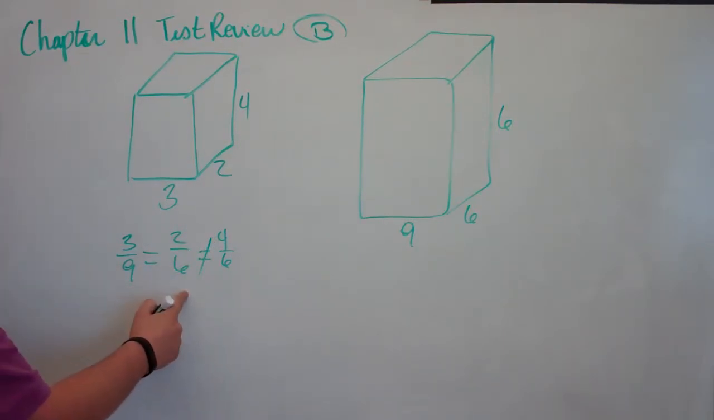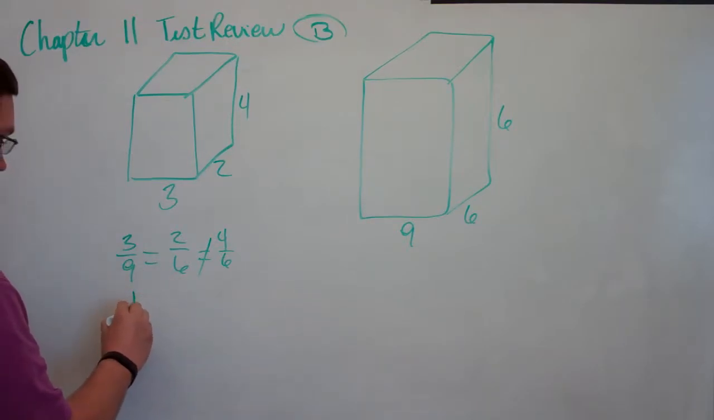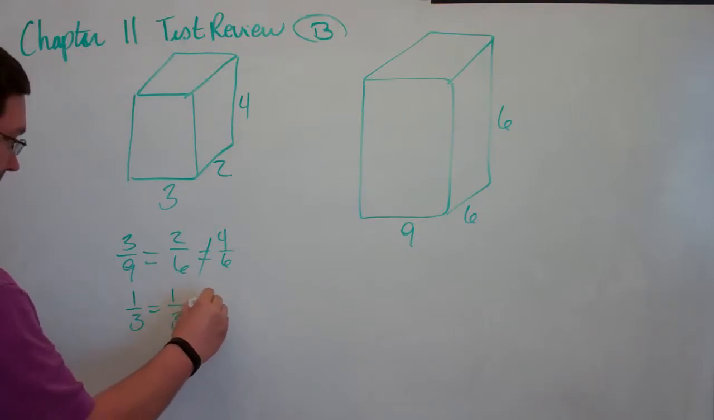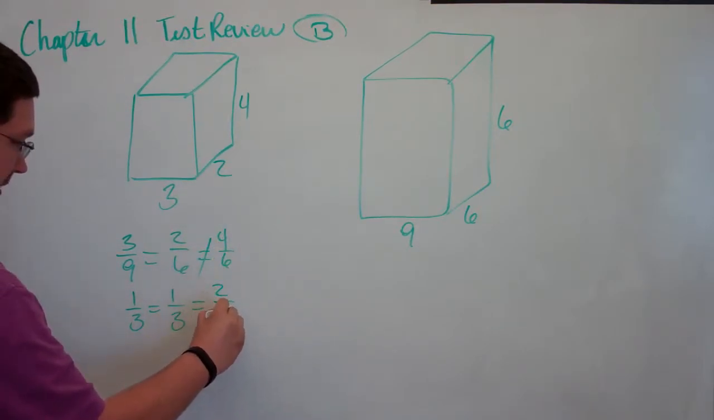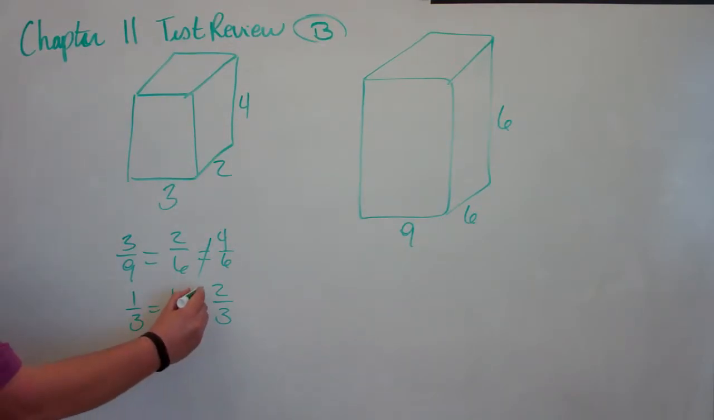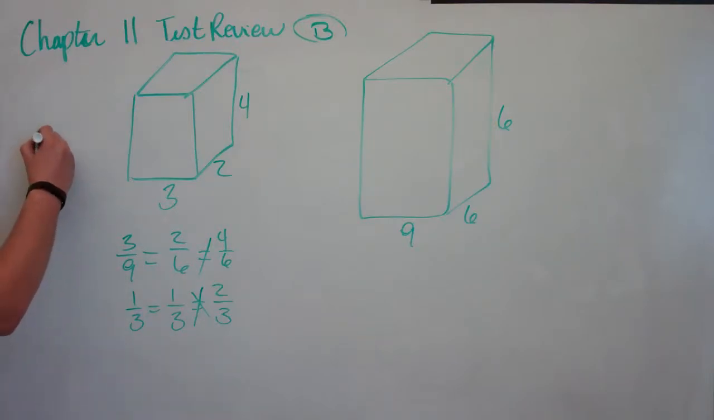No. These 2 equal 1/3 because you can pull a 3 out of the top, 3 out of the bottom. Pull a 2 out of the top, 2 out of the bottom. But here, if you pull a 2 out of the top and a 2 out of the bottom, you get 1/3 equals 1/3 equals 2/3. Well, this one doesn't work. Since one of them doesn't work,